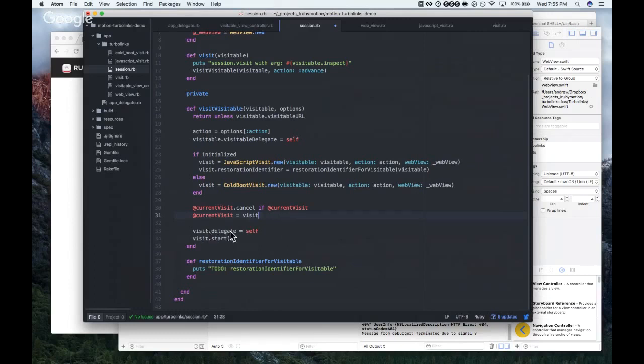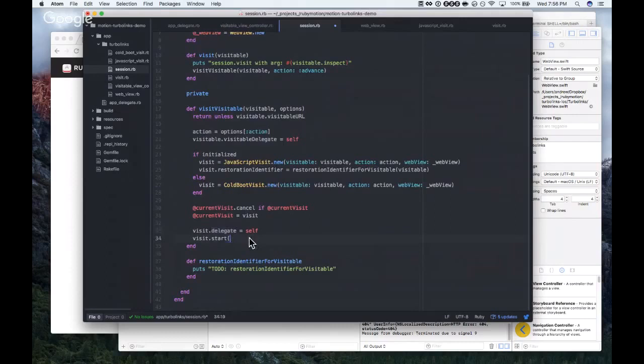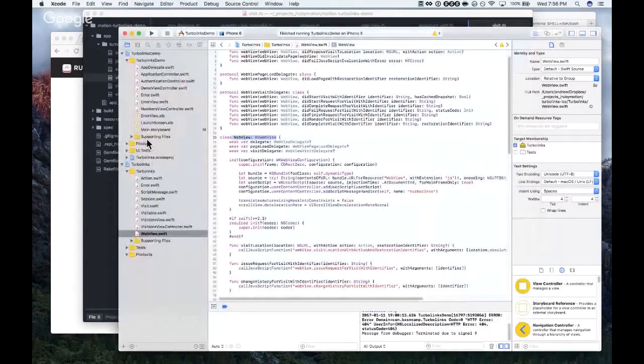And then visit delegate is self. We'll need to define that on visit. Visit start. See how far that gets us.